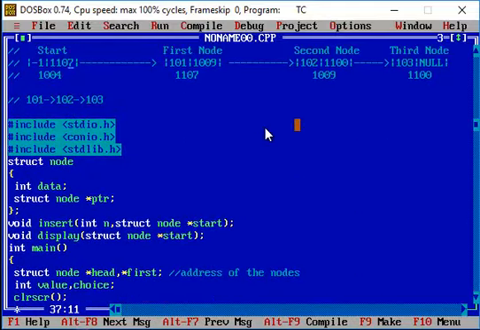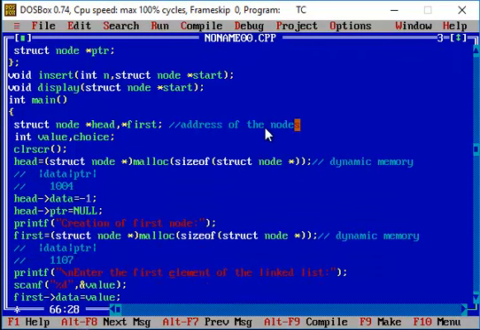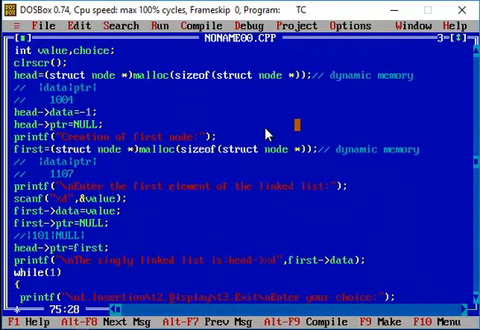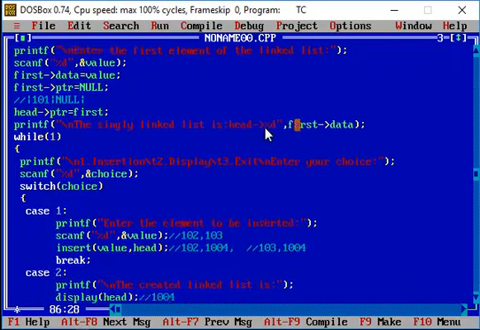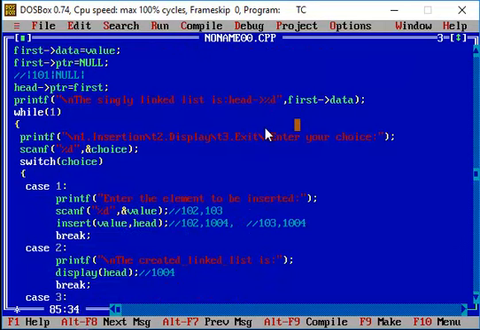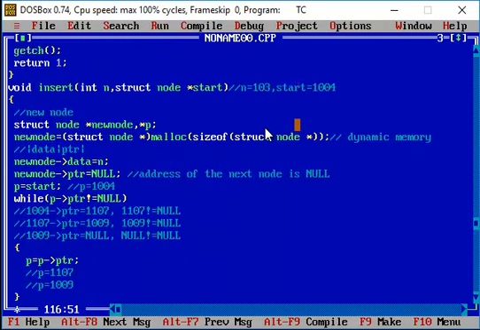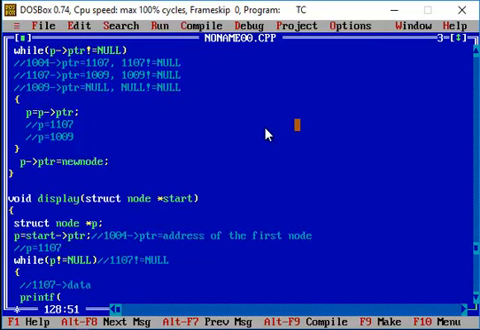So I'm just going to print the value 101.